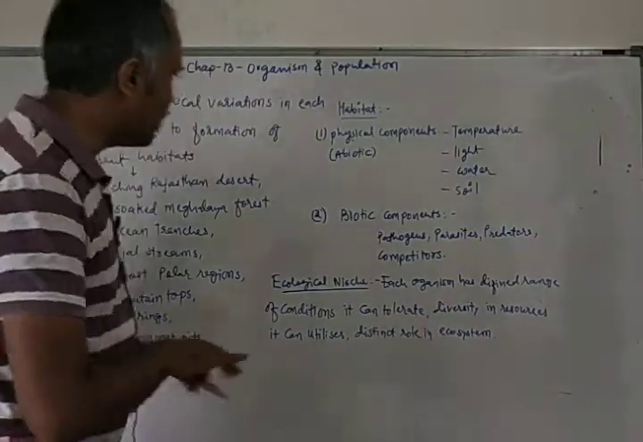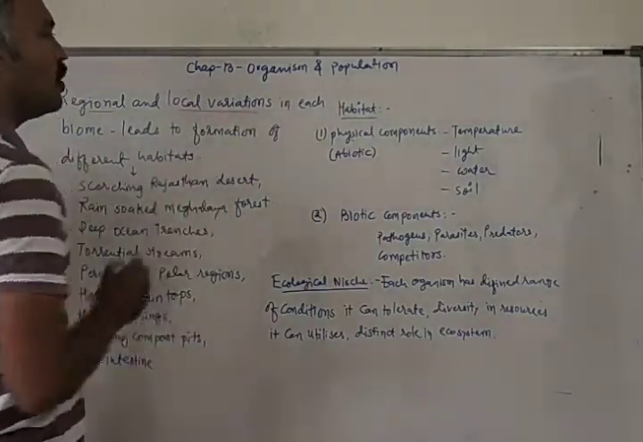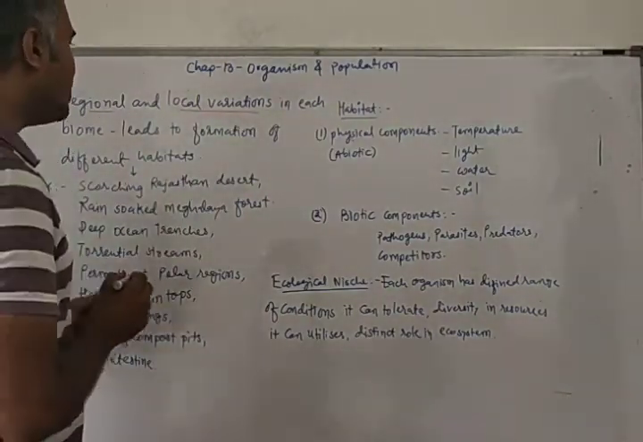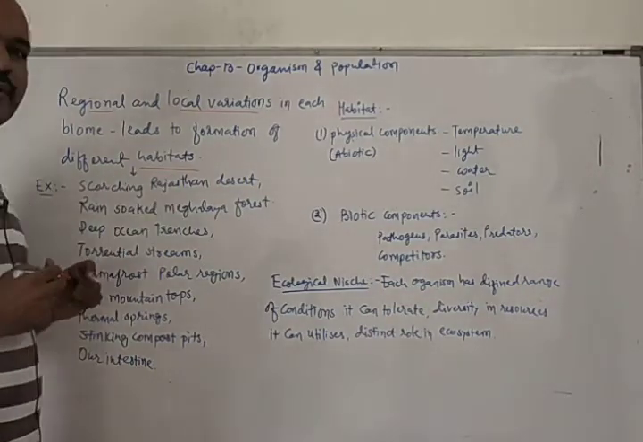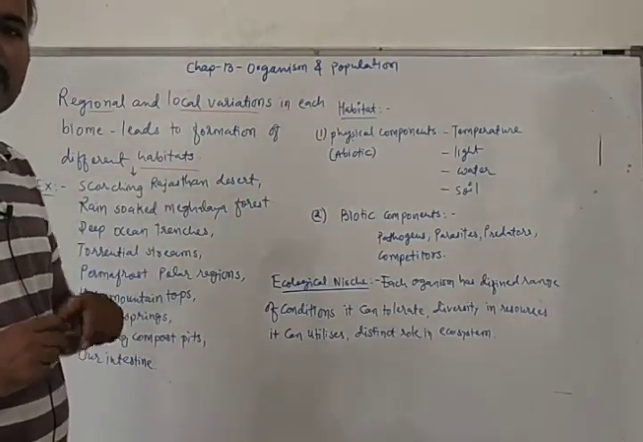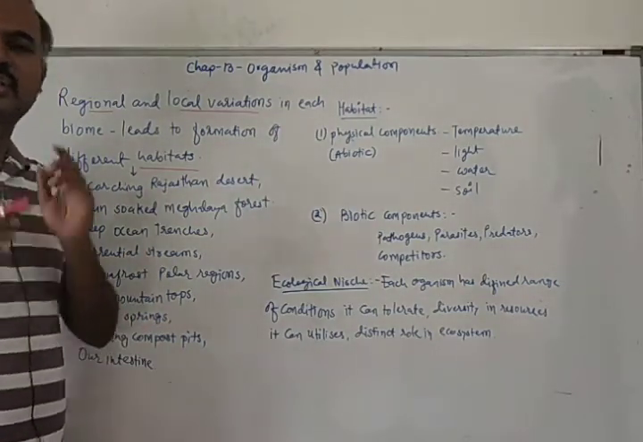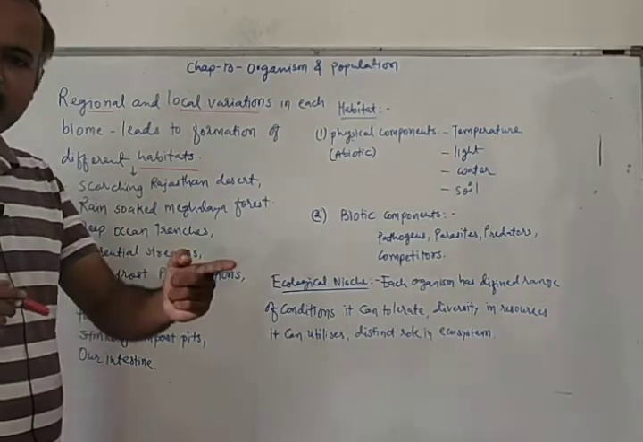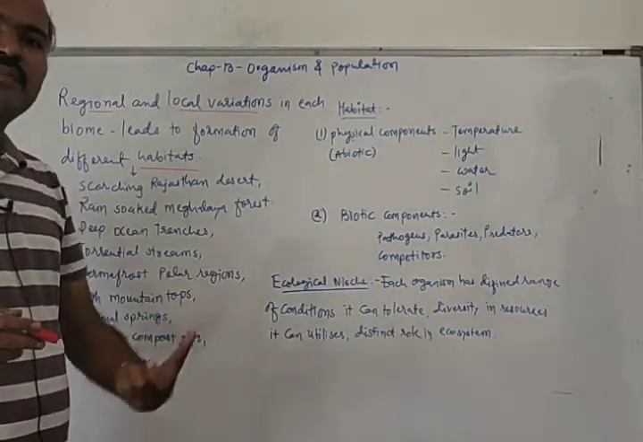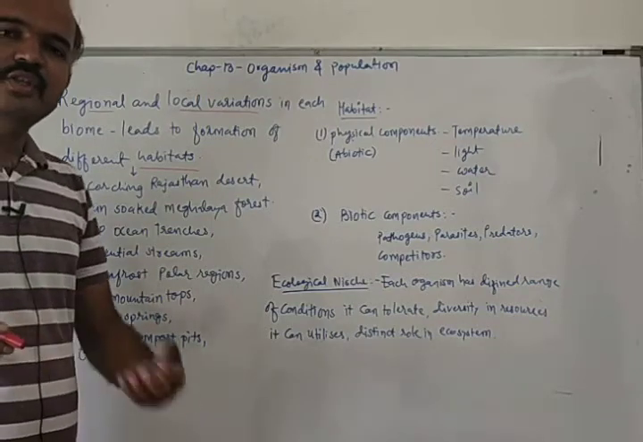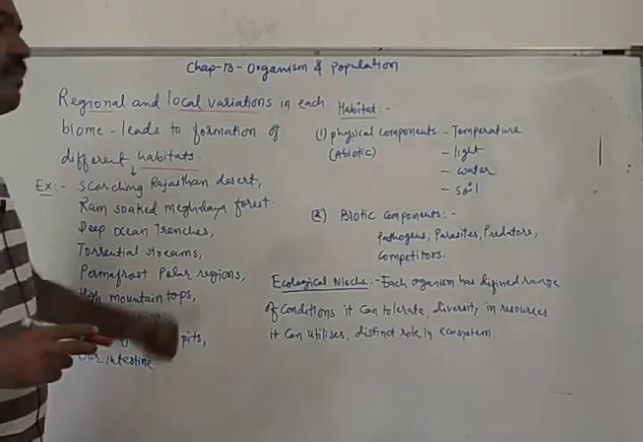So regional and local variation in each biome leads to formation of different habitats. Different habitats are produced because of regional and local variations in each biome. We have seen the examples of biomes, desert, tundra and rainforest. In each of those biomes, there will be some regional and local variations, and these variations lead to formation of